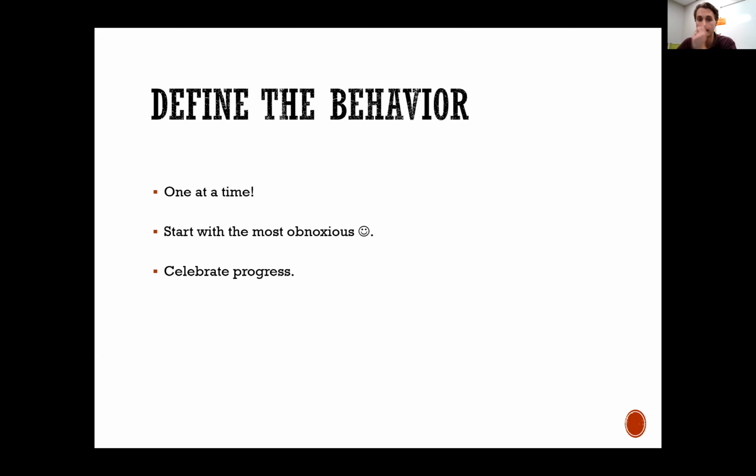So define that behavior. A lot of the words that I use to define behaviors are things like off-task disruptive, meaning they're not doing their work and they're disrupting their peers. Off-task aggressive, they're not doing their work and they're being aggressive towards peers and towards objects. On-task disruptive, while they're writing an assignment, they're singing out loud. But if you can take a behavior, write it down, define what a kid's doing or a group of related behaviors and really explicitly define that, it's going to help you make a plan for that kid. So step 1, define the behavior.